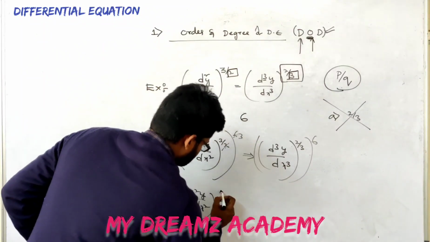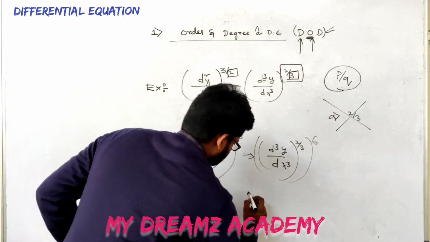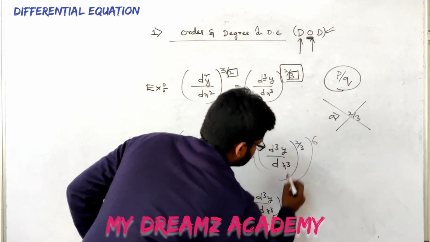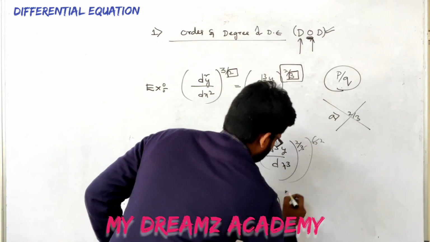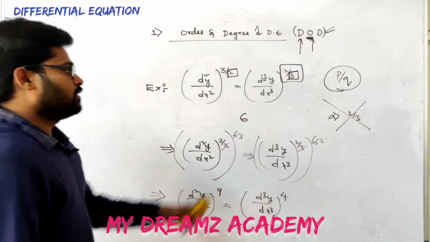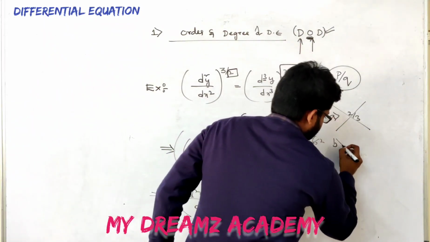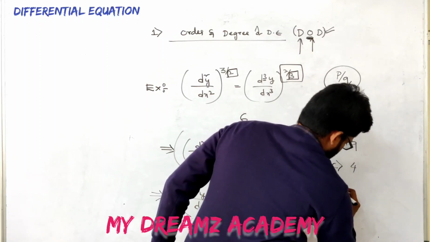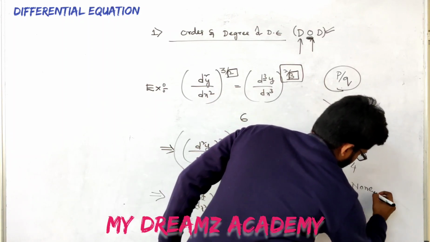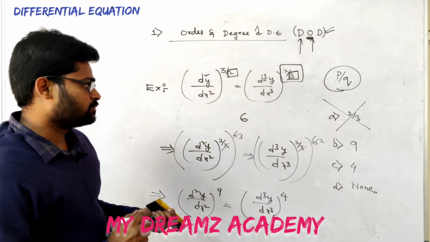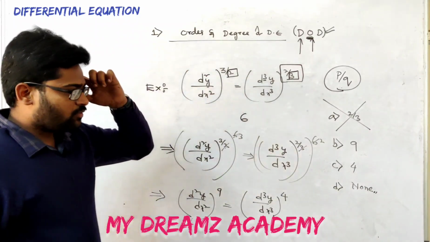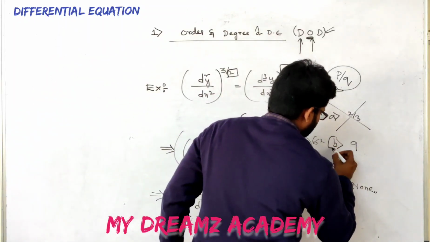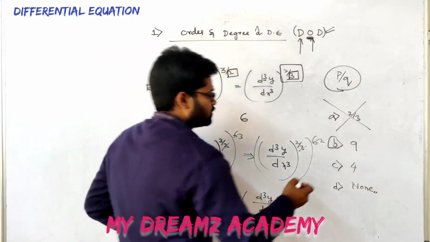For d²y/dx², 3 by 2 into 6: 2 ones are 2, 3 threes are 9, that is power 9, and it is equal to d³y/dx³, 2 by 3 into 6: 3 twos are 6, 2 twos are 4. In the exam, the second option is 9, the third option is 4 and the last option is none. You tell me what is the correct answer? People think that whichever contains the higher power will be the answer. The people will go to this option, but this is also absolutely wrong.